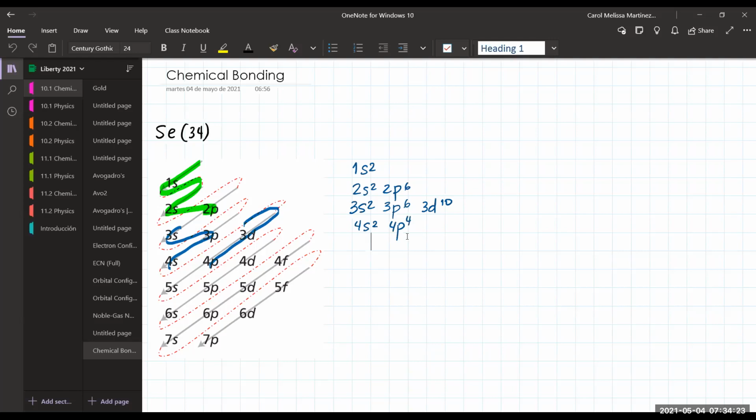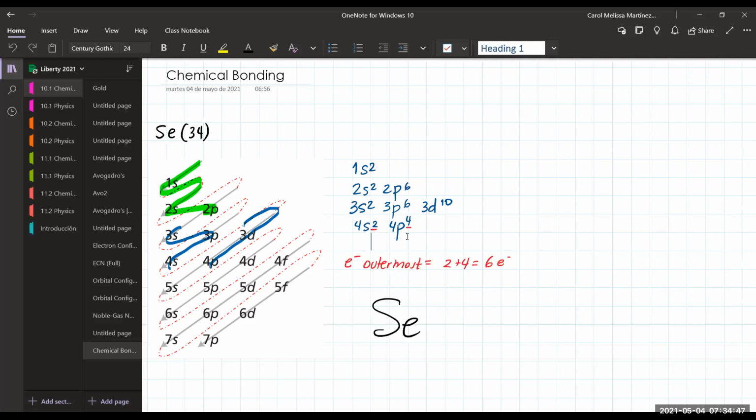Okay, so this allows me to see that in the outermost level I have 2 plus 4, 6 electrons. So if I build the lowest structure, it's going to be